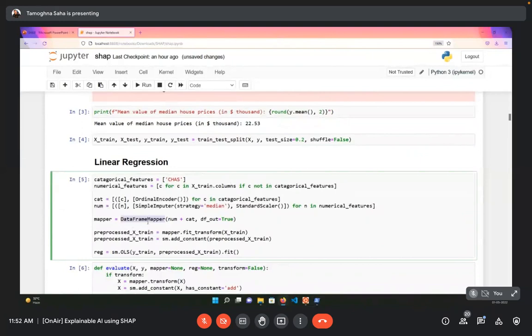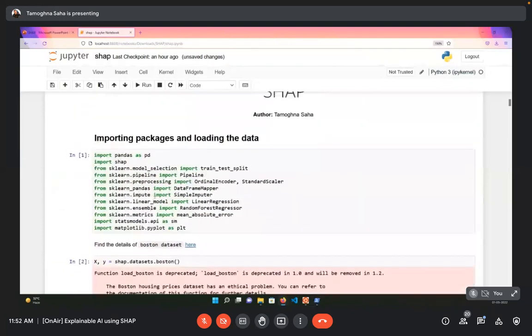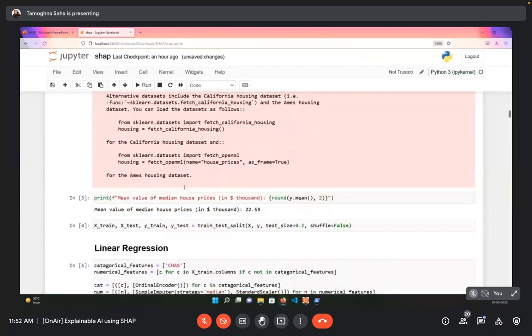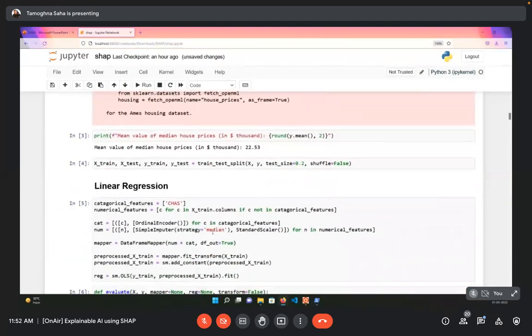We are using something called sklearn-pandas, a simple wrapper that helps us perform all levels of preprocessing, be it imputation or scaling. All of those parts can be performed in this simple function, and you can map it easily. All the categorical columns get an ordinal encoder, and all the numerical columns get a simple imputer with the strategy median.